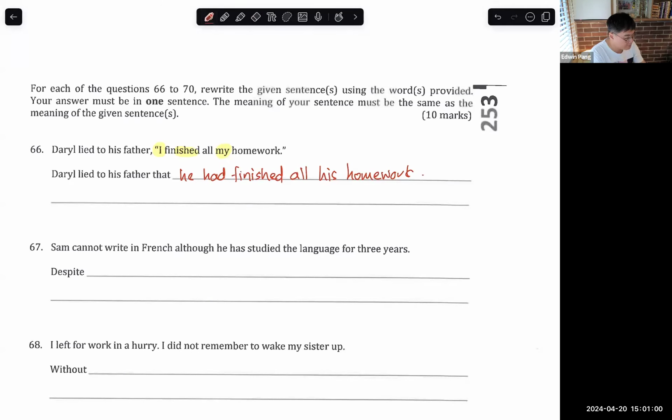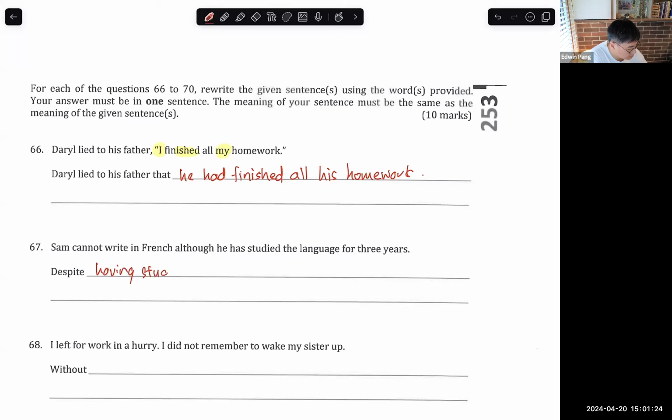Okay, question 67. Despite, you can use the fact that, but again, I think we are beyond that. We are more advanced by now. We don't need to use the shortcut despite the fact that. So despite, I'm sorry, I apologize, wrong. I was thinking of something else. Despite having